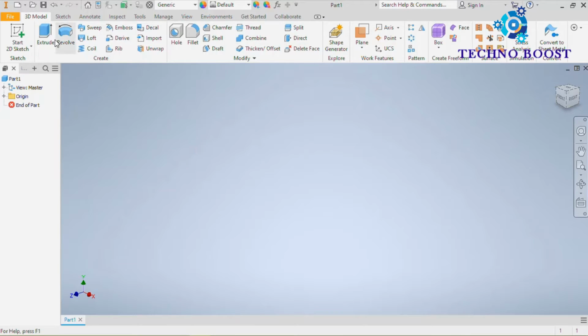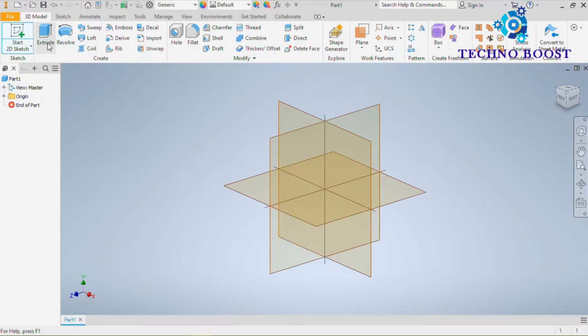Whenever you click on extrude, it will give you one message: select plane to create sketch or an existing sketch to edit. It will ask you to select a plane to create a sketch, or if you have a sketch, you can select it directly.